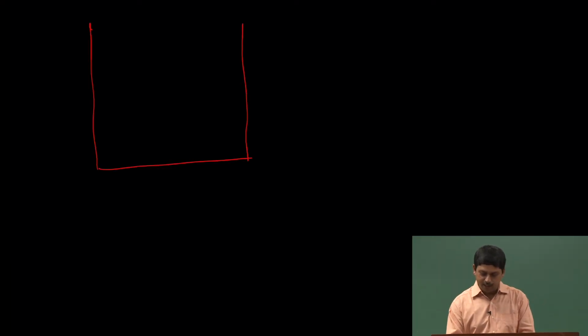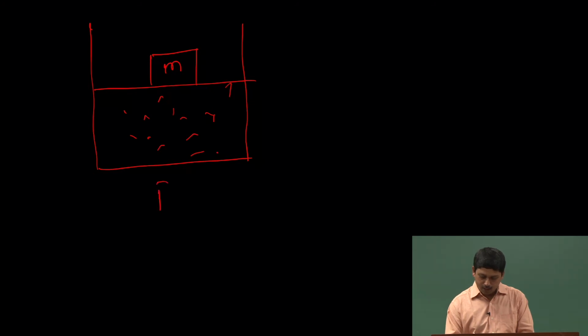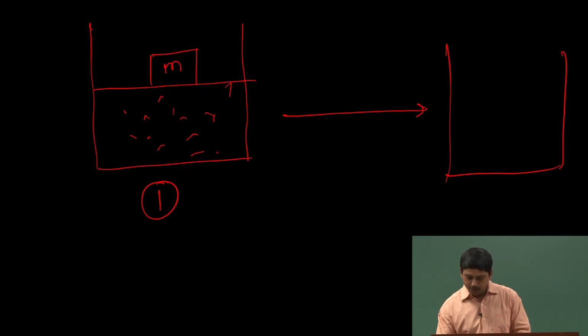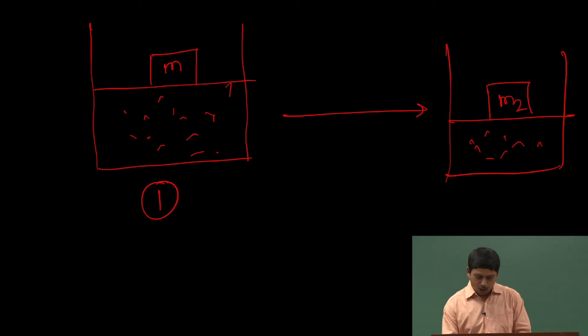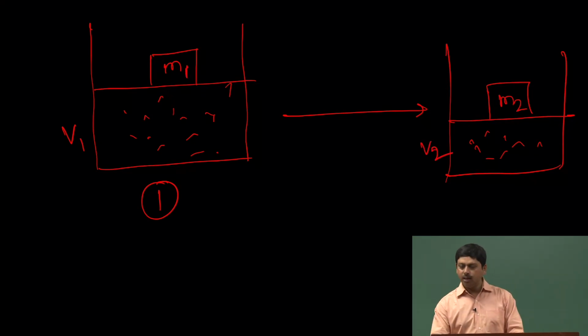Okay. So, why have we taken the final pressure? Yes. The question is why you are taking the final pressure. I will explain that once more. Let us say I start with a mass m 1 and the system we call that state 1, and I am going to a state where the mass is, let us say, m 2. Here the volume was V 1, here the volume is V 2. I can take masses m 1, volume V 1, and m 2, volume V 2. So, that means our P 1 is m 1 g and our P 2 is m 2 g.